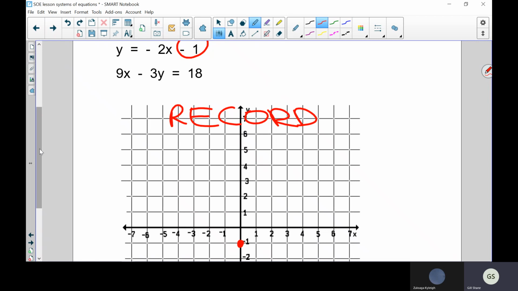All right, so now I need a second point. That's only one point. I need to know where's my next point. So again, when y is all alone, here's how we find the next point. We use the other number in the equation, which is the slope. So this is the y-intercept. This is the slope. The x is not part of the slope, only the number. All right. Well, if I know